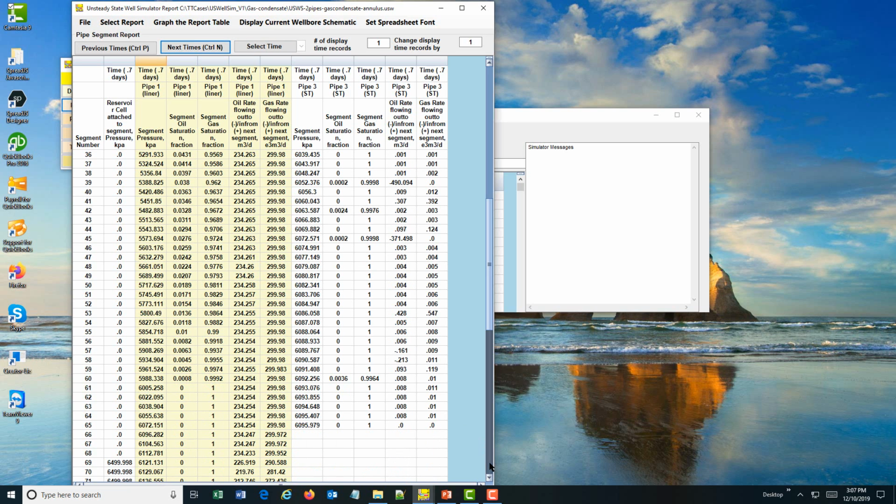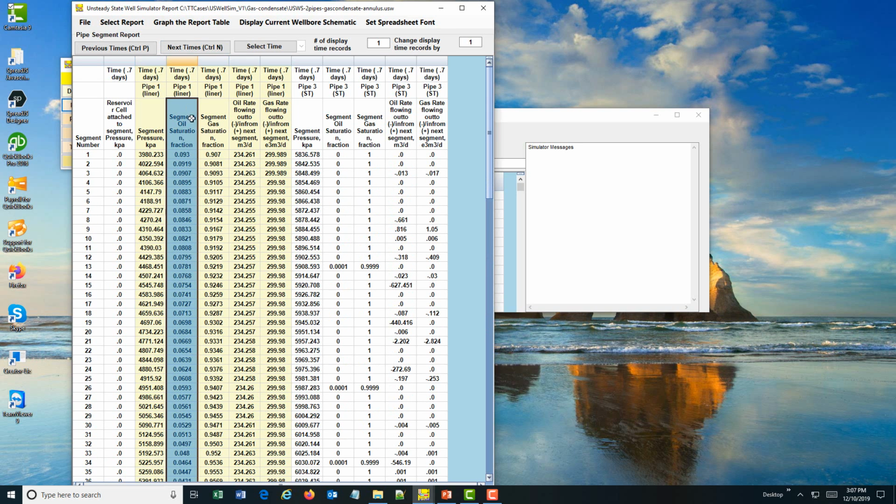after 0.5 days, the pressure was changed to 6,500, and once the pressure drops, the pressure in the pipes drops. Previously we had about 731 where the pipe pressure was 6,000, now it's about 761. So the liquid appears in the pipe earlier, and if you go up, it's now more liquid in the pipe at the wellhead. You can go to the next time,